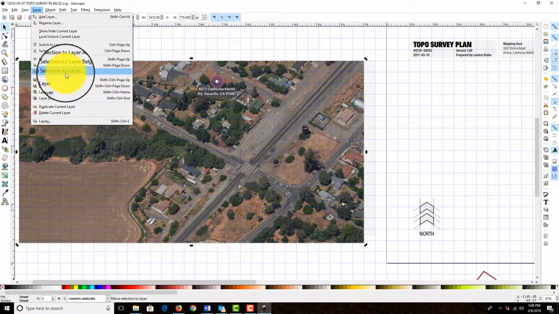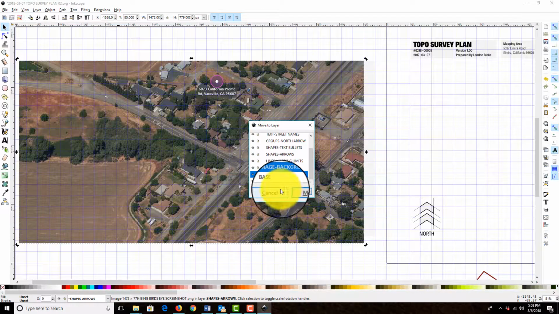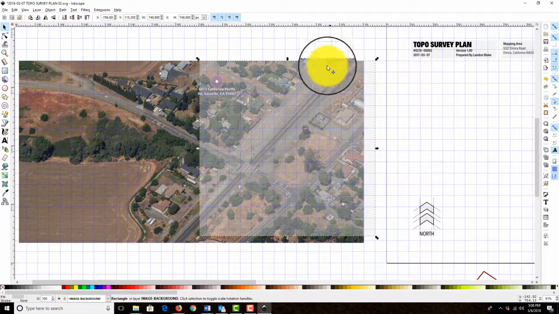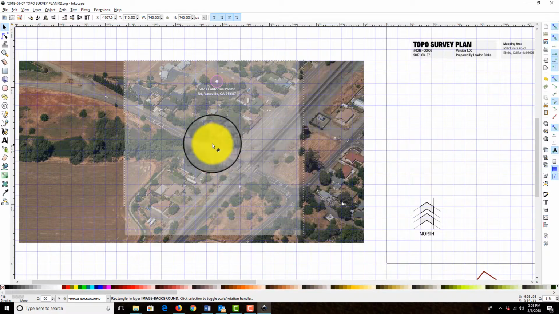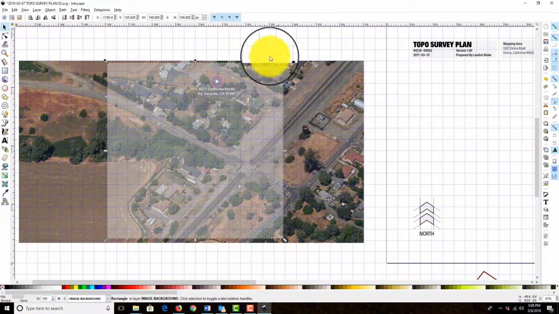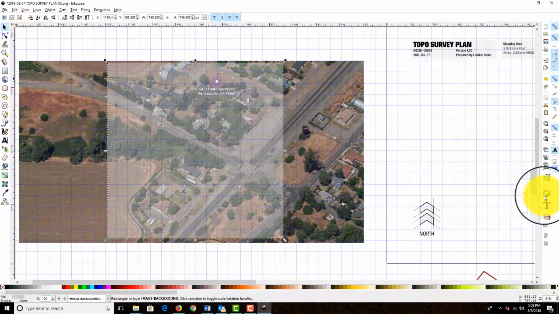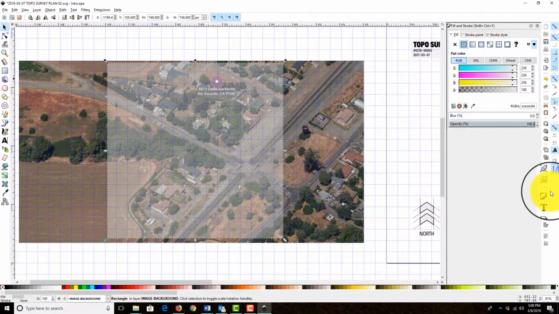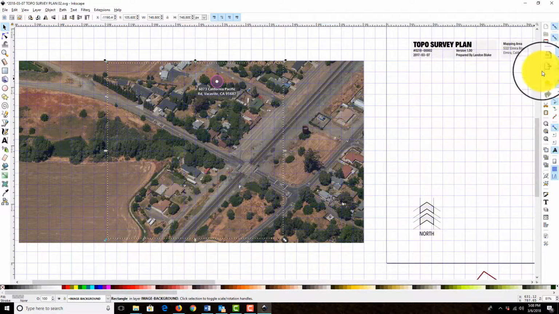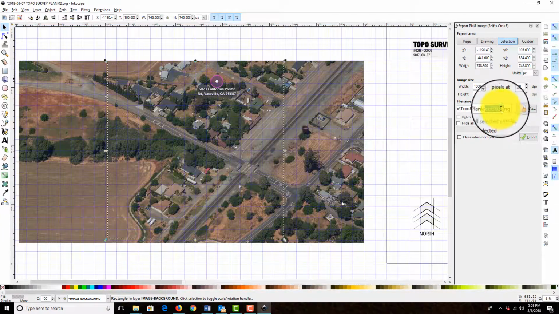So I'm going to go to the layer menu, move selection to layer, and tell it to put that on the background image layer. Now I should be able to drop it to the bottom, and my screening shape will come up top. And so I'm going to just adjust this to get the view I want of the site there, and then we'll open our fill and stroke. Set our transparency to 0. Grab our export image dialog. We're going to export this as